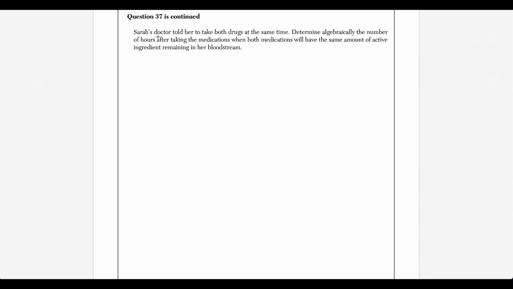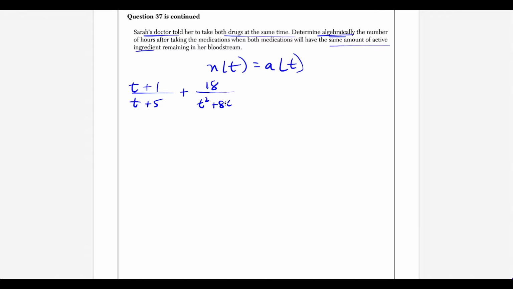For the last part of this question, Sarah's doctor tells her to take both drugs at the same time. We need to determine algebraically the number of hours it's going to take for both meds to have the same amount of active ingredient in Sarah's bloodstream. So here, this is really just saying when is n of t equal to a of t? And if we copy down the original functions from before, we have (t plus 1) over (t plus 5), plus 18 over (t squared plus 8t plus 15), equals, and now the function for a of t was 9 over (t